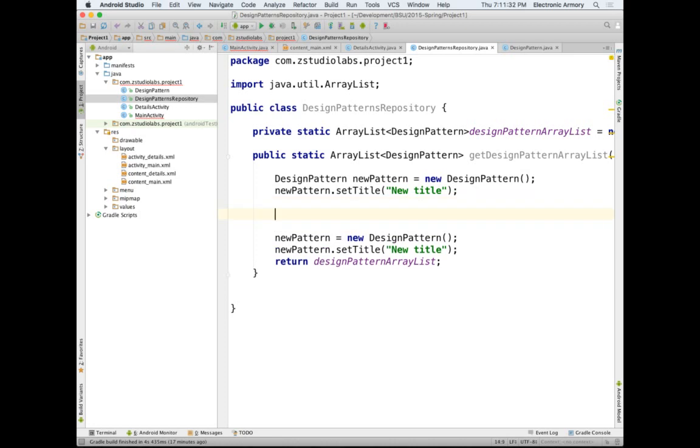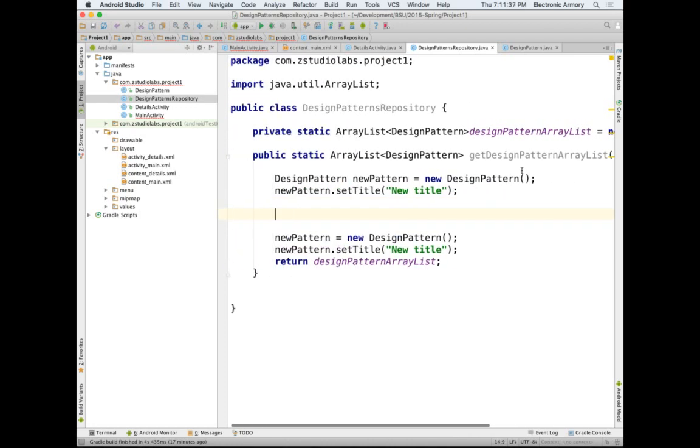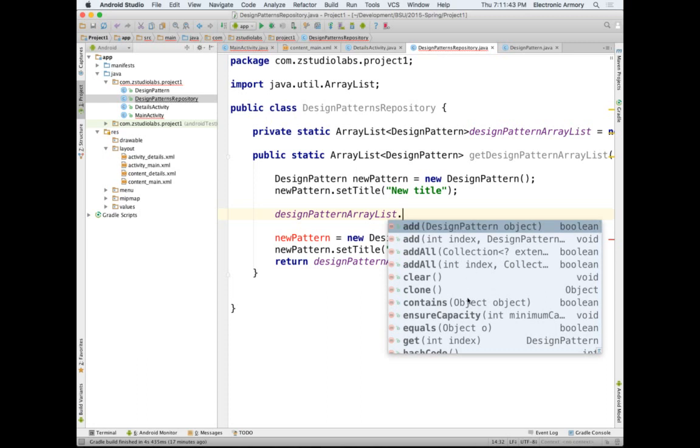And I'm just going to show you the gist of it so you can start working on this on the weekend because we still have time left. So design pattern array list dot, what is the